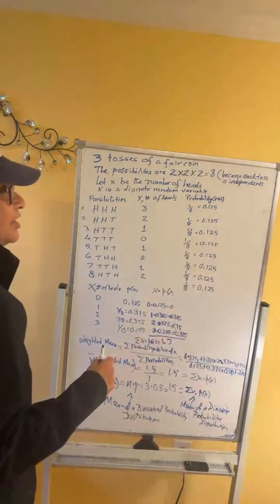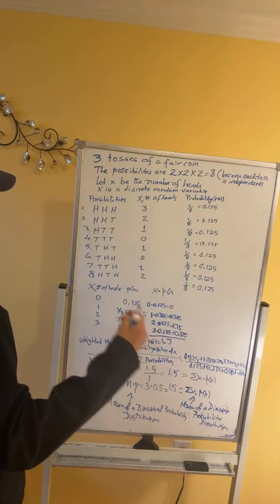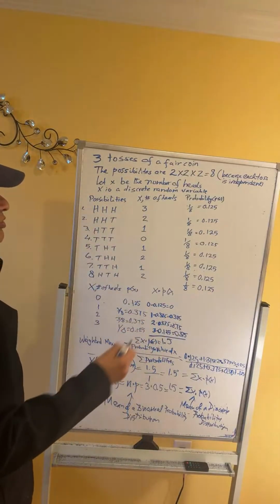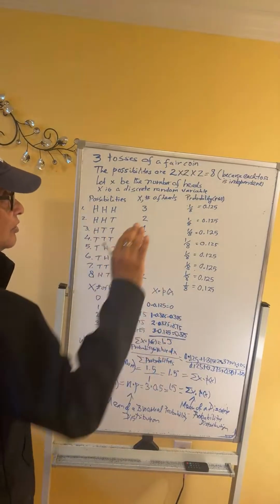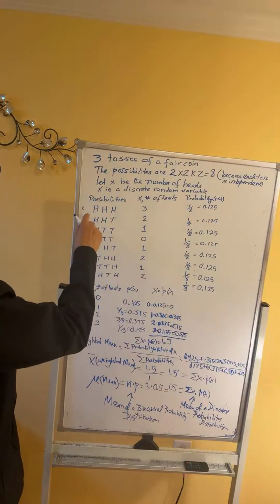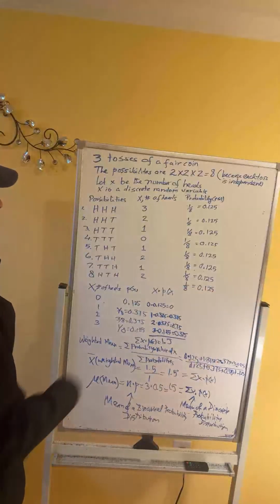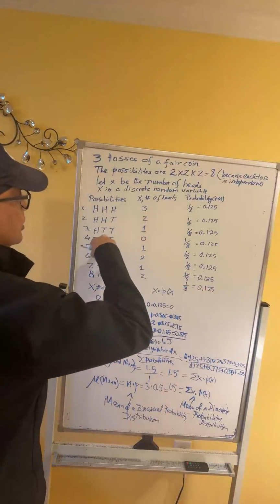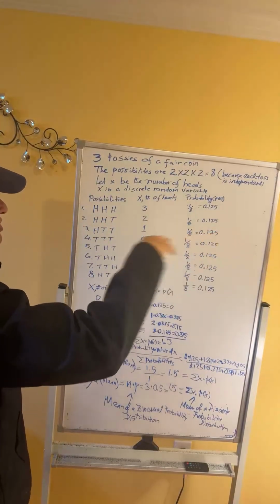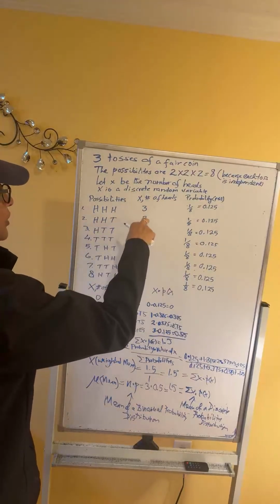We are looking at the number of heads. X is a discrete random variable. Why discrete? Because we will jump from 0 to 1, 1 to 2, 2 to 3. Okay. So what are the possibilities when you toss a fair coin 3 times? We already know there are 8 possibilities. What are these possibilities? This is the situation where all the tosses land head face up. So here the number of heads is 3. This is the possibility when the first 2 tosses land head face up, and the third toss is tail face up. How many heads? 2.